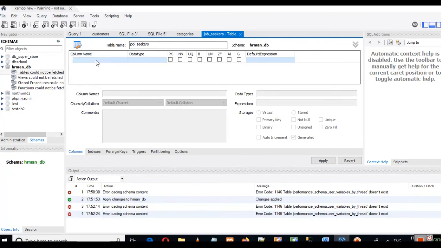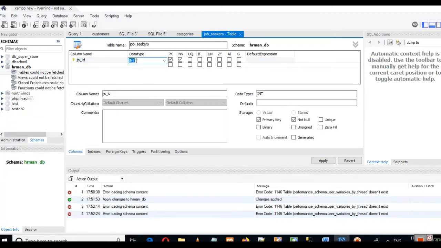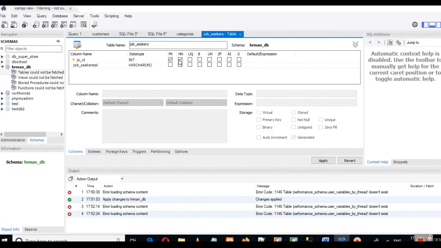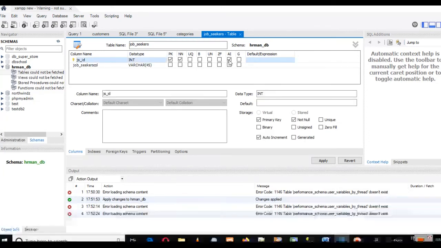So let's say our first column is JS, that stands for job seeker. So JS_ID, this is going to be data of integer type. It is going to be our primary key and not null, and it is also going to be auto increment. We have already seen examples and the meaning of primary key, not null, and auto increment.